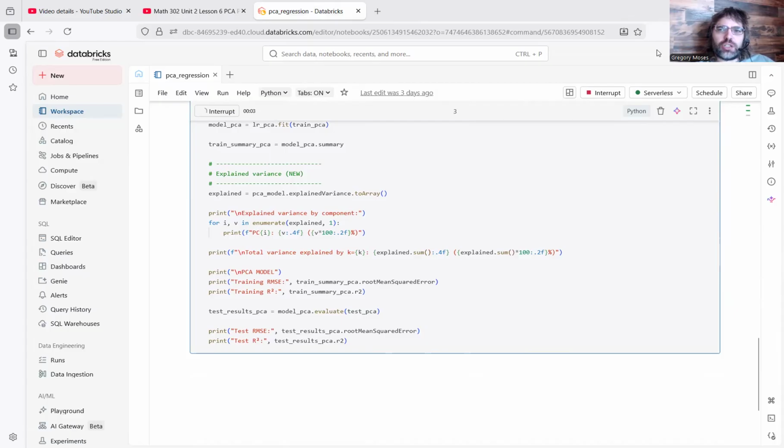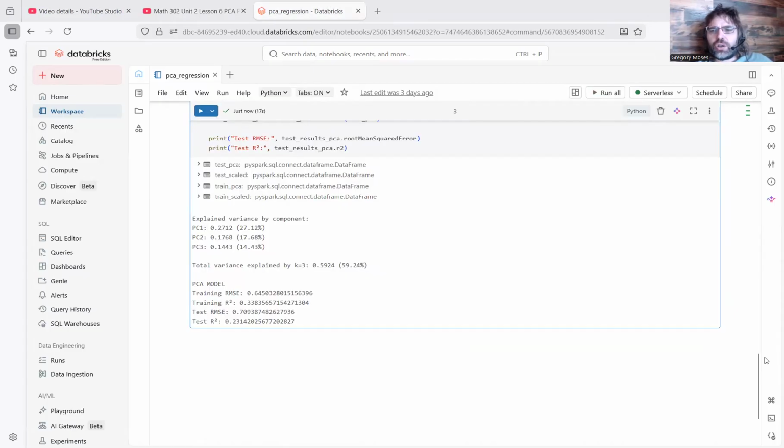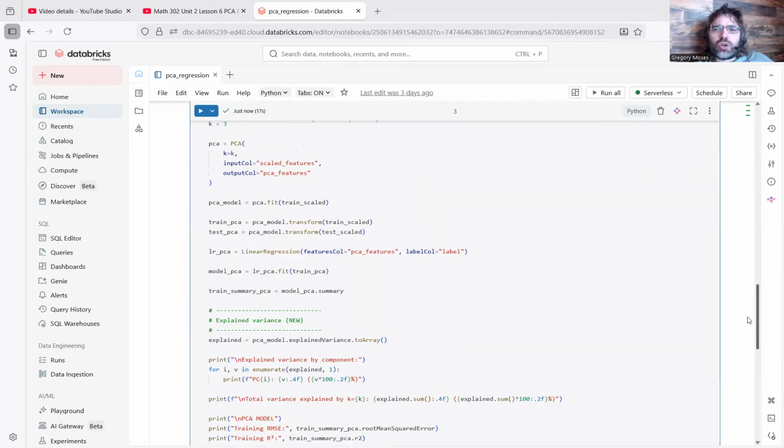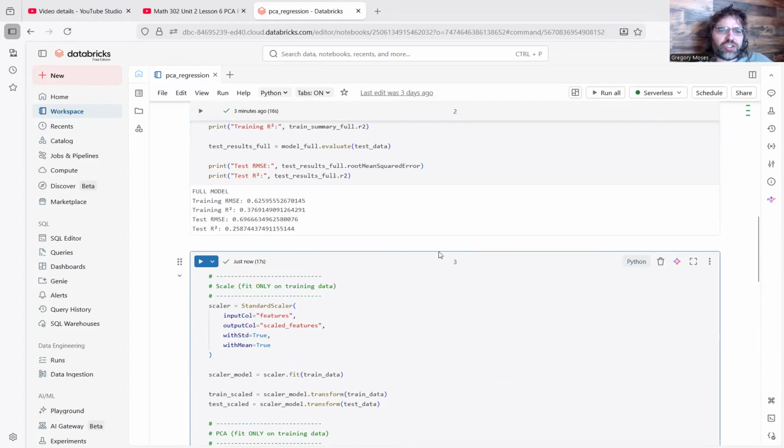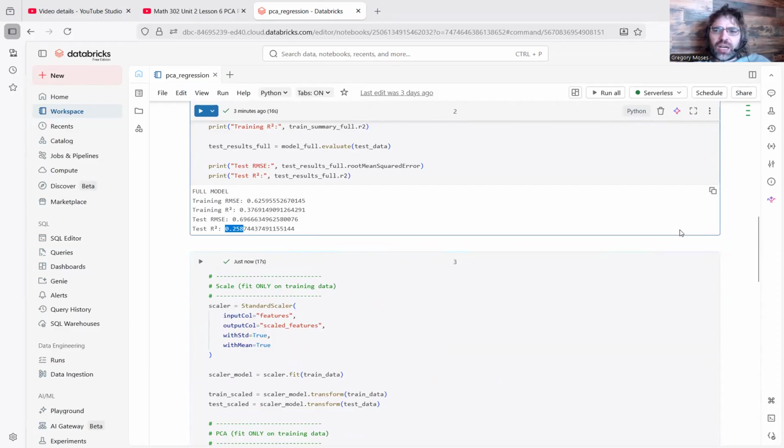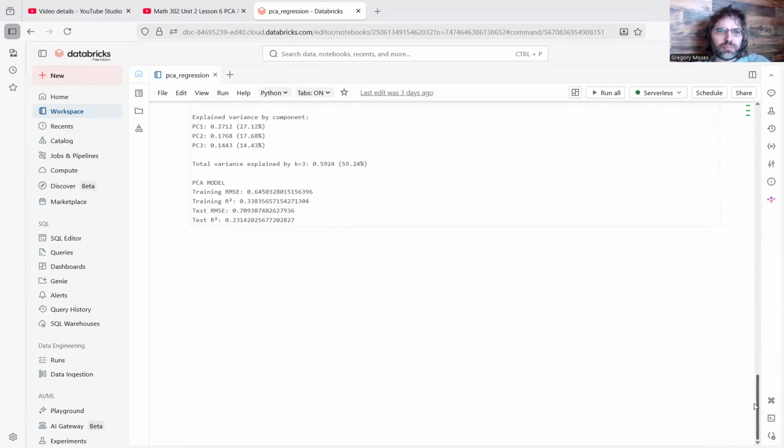And I will run this. And here we are. When we look at our diagnostics, we get very comparable results in terms of the quality of regression. Like the testing R squared when we used all 11 variables was about 0.259 versus 0.231. So again, pretty comparable results,